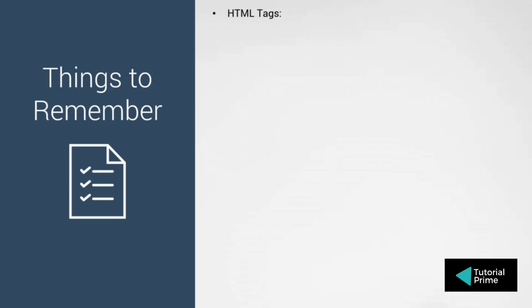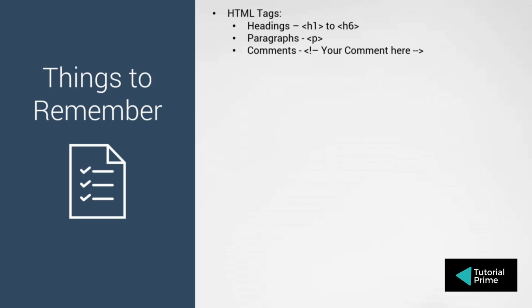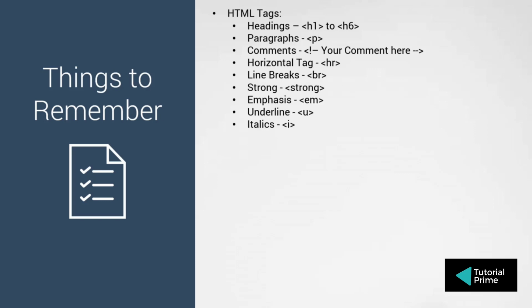Then some of the tags that we have seen in this section: we have seen heading tags from h1 to h6, paragraph tags with the p tag, comments tag with less than, exclamation, double hyphen, and then hyphen hyphen greater than symbol. Then we have looked at the horizontal tag that will draw a line onto the pages to create nice sections with the HR tag. Then line breaks, you can add line breaks with BR. If you add new lines onto the HTML page, it's not visible onto the web page. To add new lines, you have to use BR tags. And remember, the horizontal tag and the line break tag are also empty tags or self-closing tags, underline and italics.